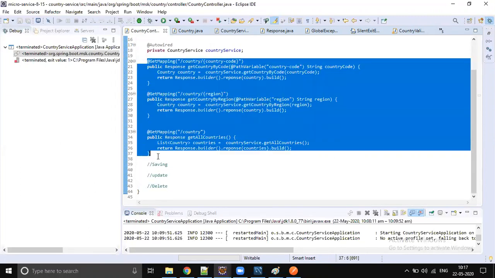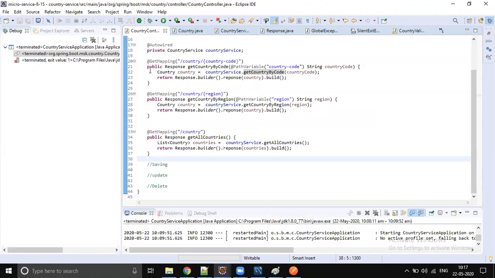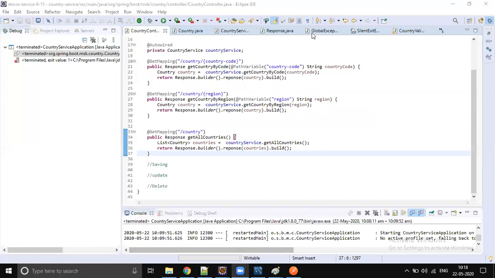You need to do all 6. I have completed 3. You just take this as a reference. You have to complete all 6 operations with proper validation, proper exception handling. Sorry, it's too much delay today. Any questions?